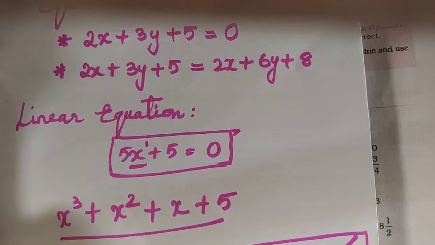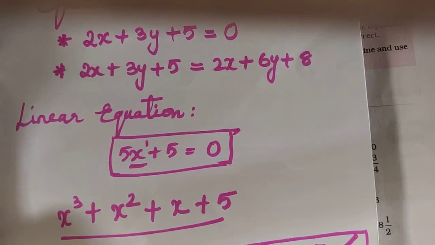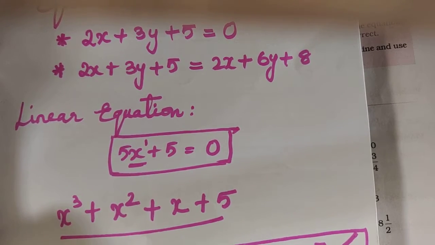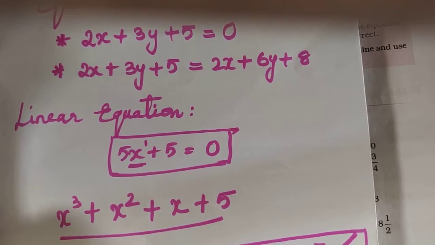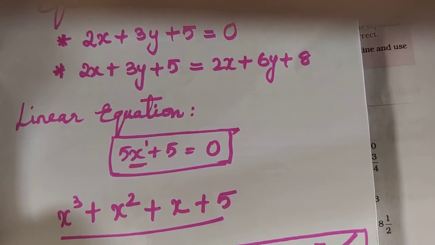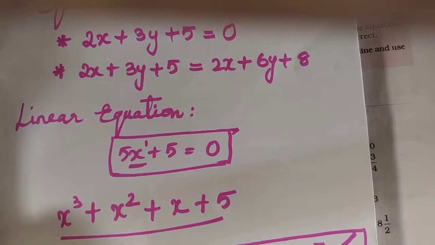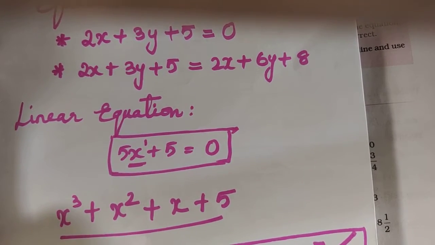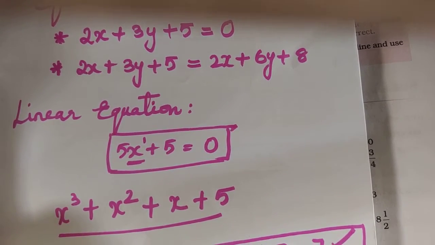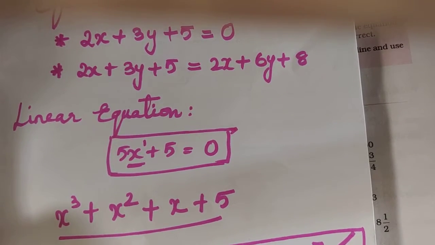Now again I'll just recall it. I have to take a particular equation and it must have only one variable with power 1. That means the degree of that equation must be only 1. Then I can say the given equation is considered to be a linear equation. Otherwise, I cannot take the other equations to be linear because we have so many equations. For the upcoming years, you will be studying all the types of equation. Now in this class, we are going to deal only with linear equations.